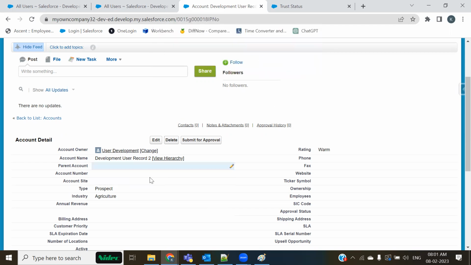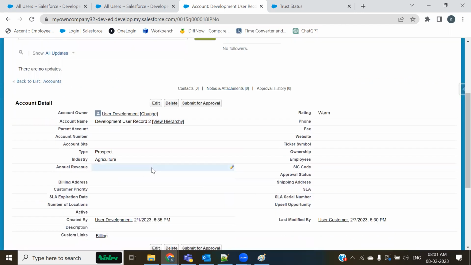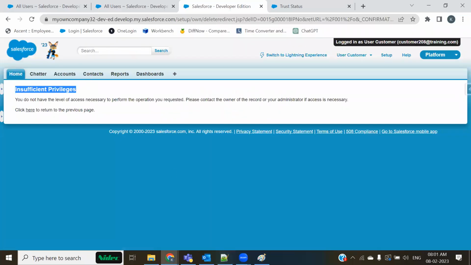So for example, this record was shared. Originally this record belongs to the development user. This record has been shared to a user called customer user with read-write access. So he can read, he can even perform writing, he can change the data. What about the delete operation? If you try to delete this record, insufficient privilege. So whenever you share a record,